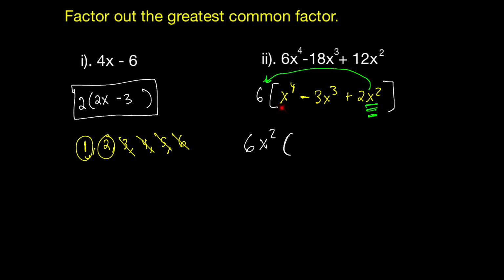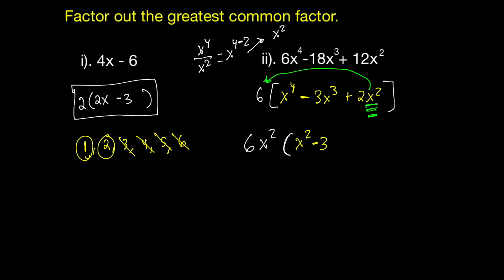And now I'm going to divide my exponents here. Whenever you divide exponents, so for example here, I need to compute x to the 4th divided by x to the 2nd power. So let me do this on the side. This is the quotient rule of exponents. Whenever you have the same base but different exponents and you're dividing them, you just subtract the exponents. So here, this would result in x to the 2nd power since 4 minus 2 is 2. So x to the 4th divided by x squared, I'm going to be left with an x to the 2nd power